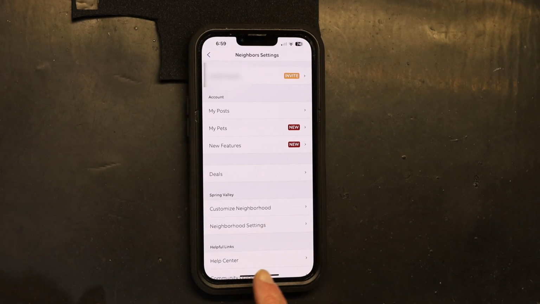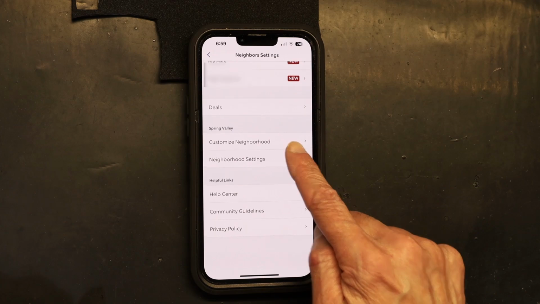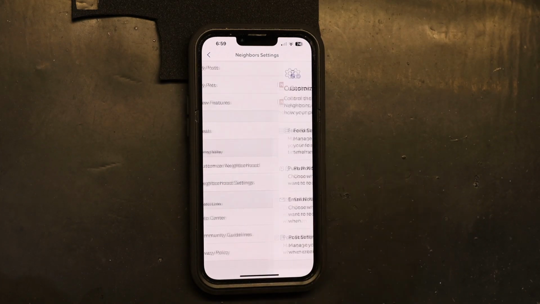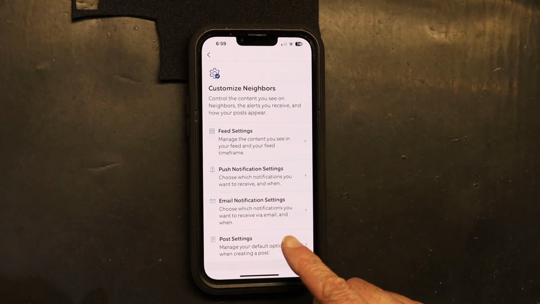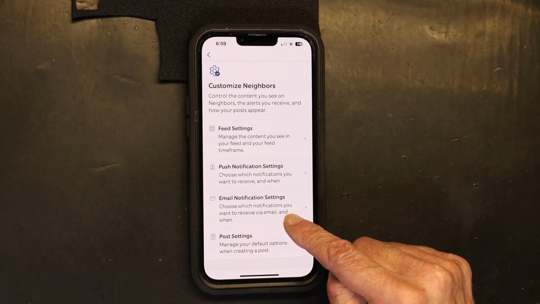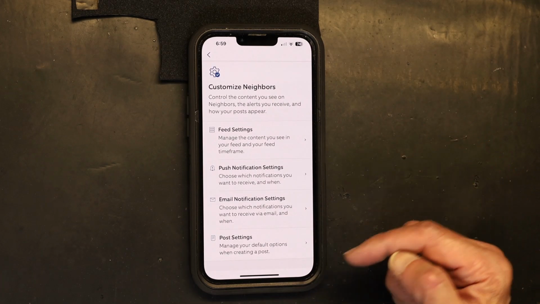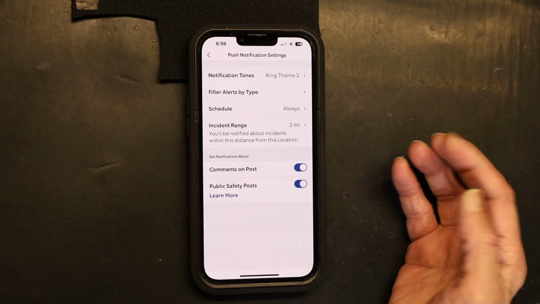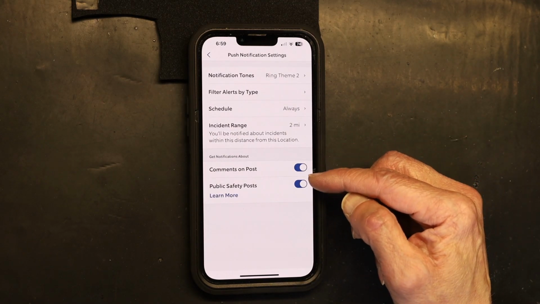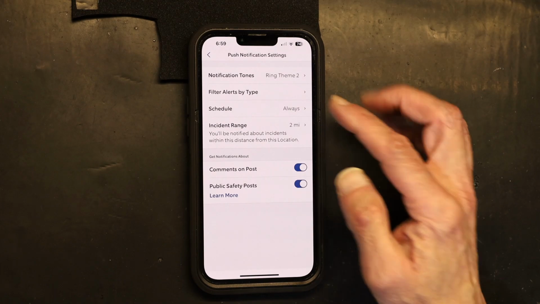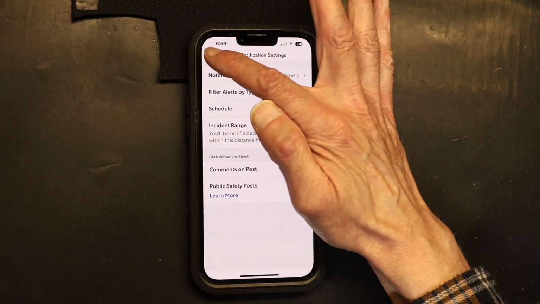In the neighborhood settings, right here it says neighborhood settings again. Click on that. And right here it says customizing the notification settings. So which one do you want to customize? So here are the comments on posts and public safety. Those are the ones you can